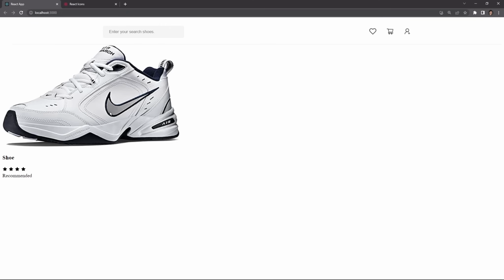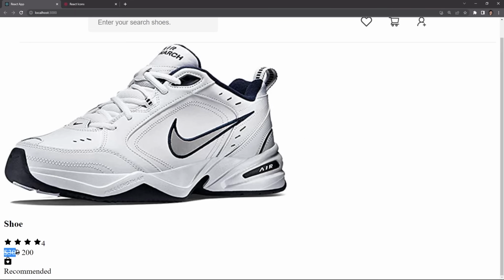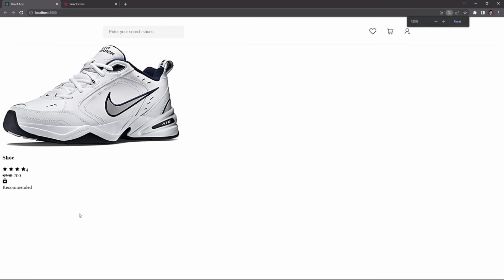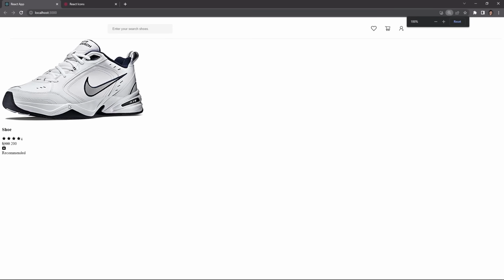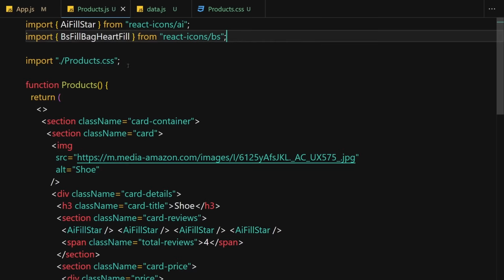So now if you save our file, and now let me just refresh my browser to render that component. So here you can see this was a previous price, this is a new price, we have 4 reviews, and we have this bag right here. So now it's time to style this component, and then that's going to be it for this. So I'm going to just go